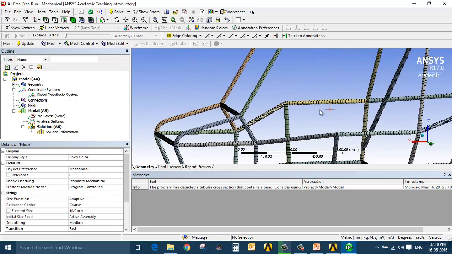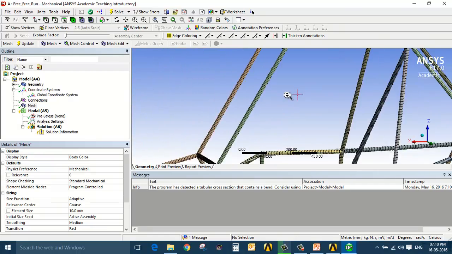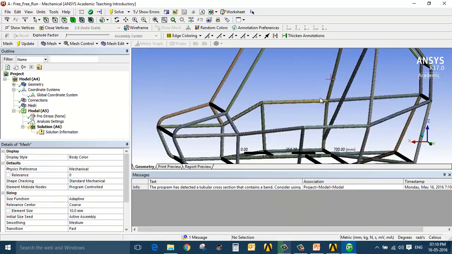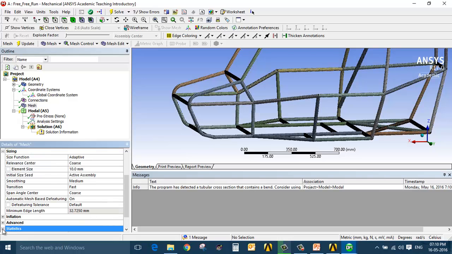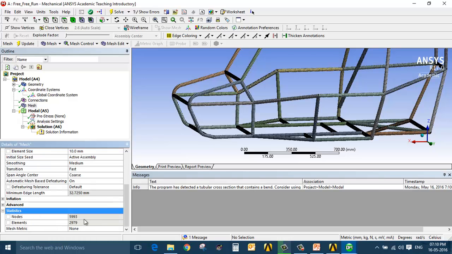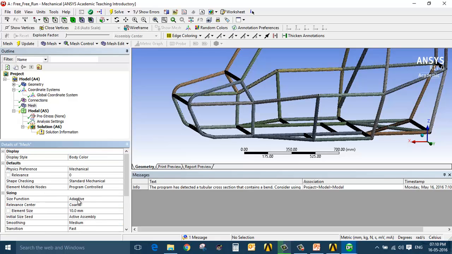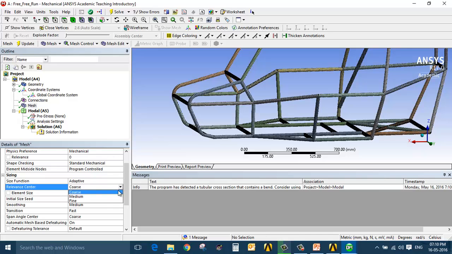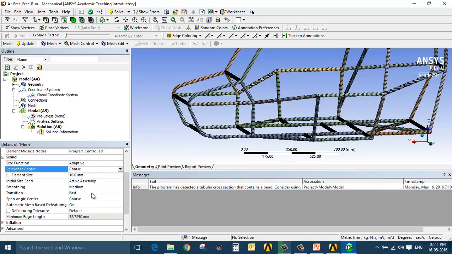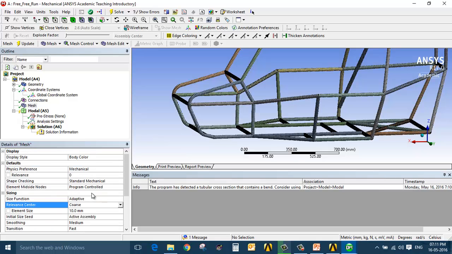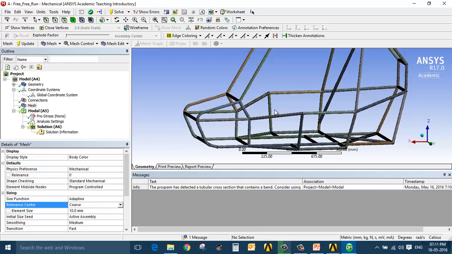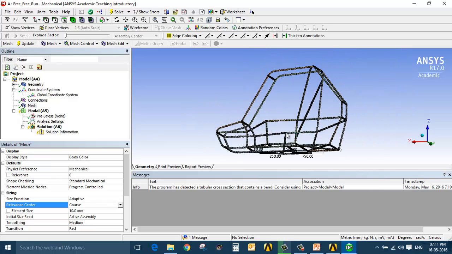You can see this is my 1D meshing done. This is quite a good mesh. Let's check the number of elements. So it's 5933. It's pretty good enough. I will explain the different parameters later, like what coarse or fine or medium means, and what initial size seeds are, and how you can update them. Right now I'm just trying to see whether all these members are properly connected to each other or not. So I will go to analysis setup,